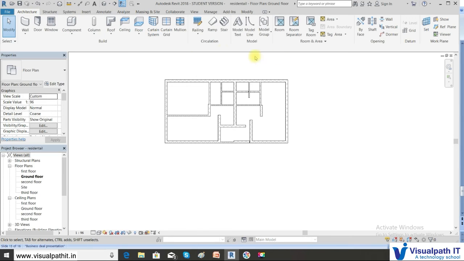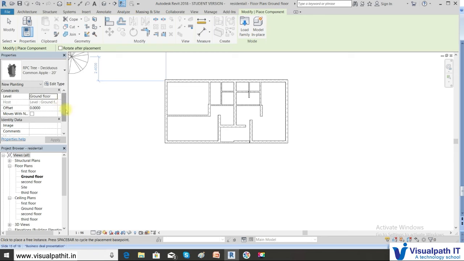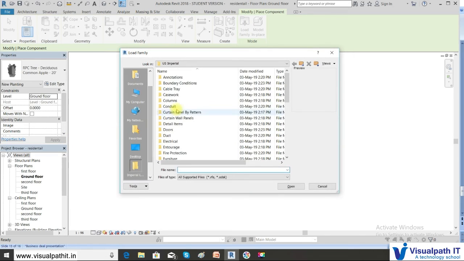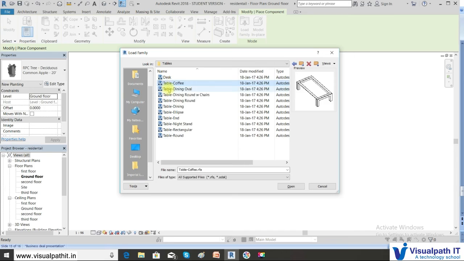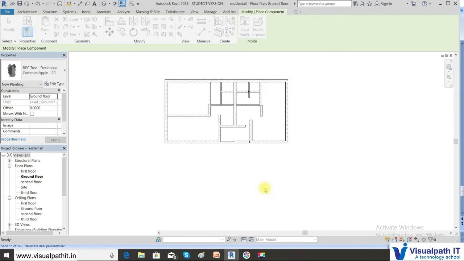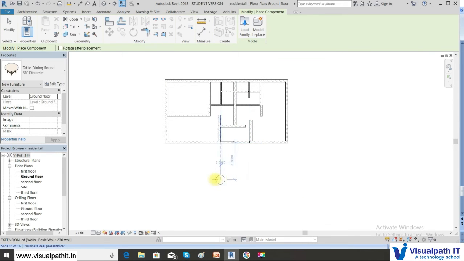So let us place a furniture. So this is a round table which I have placed.